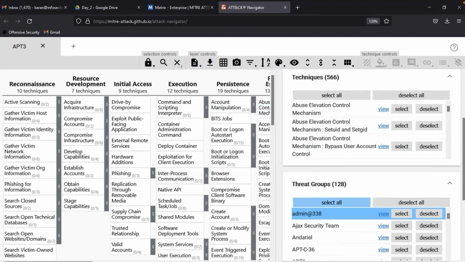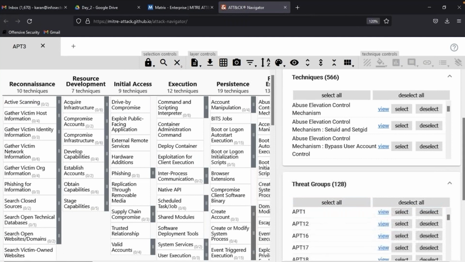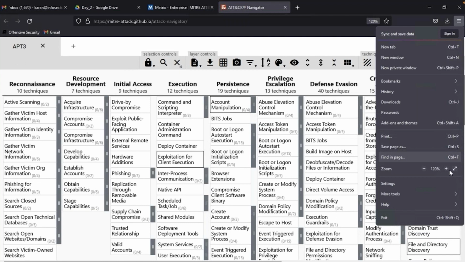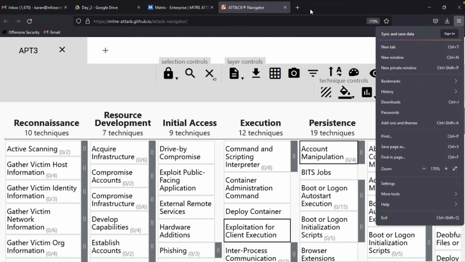So you can see APT3 as we select. As soon as you select, you will see two differences over here. I will zoom a little bit more. See, 43 techniques are being used over here. One more thing which I wanted to add and I missed it over here is,